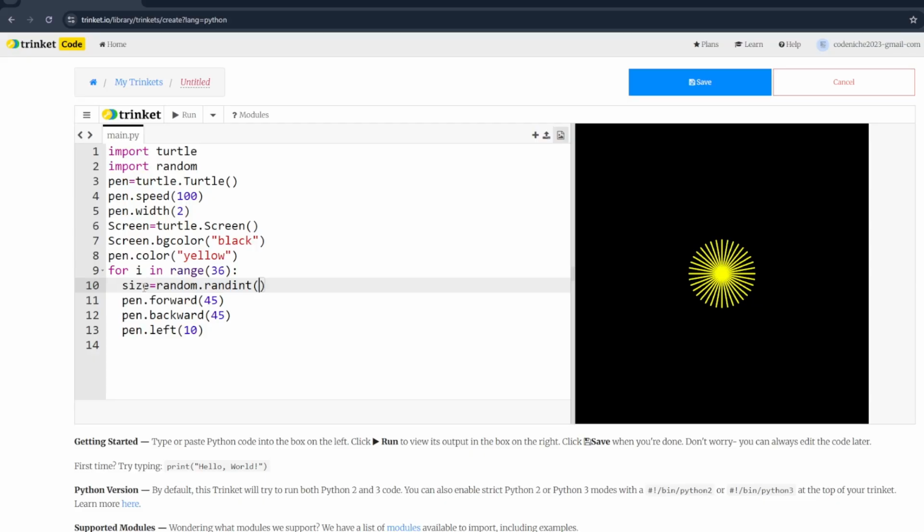Let's say the smallest line of the firework will be 10 and the largest will be 40, right? Now I have multiple lengths of the firework. Each and every line can have multiple values now. It will not only stick to 45. Sometimes it can be 10, 20, 25, who knows.